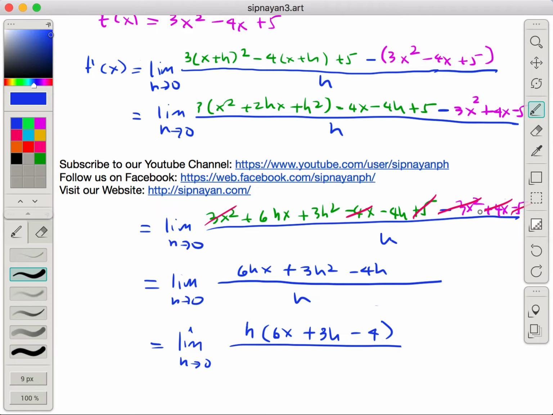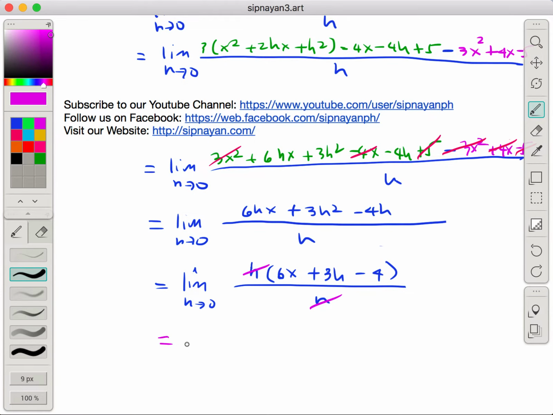So to check, if you distribute that, it should go back to the expression above. So that's one way to check. And then we have over h. You have an h on top and an h on the bottom, so we can cancel, which means that